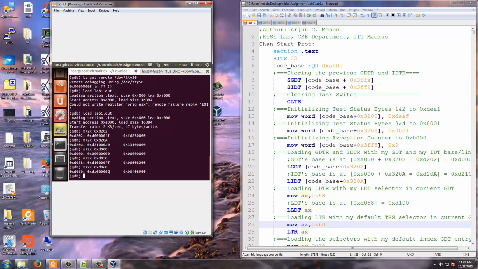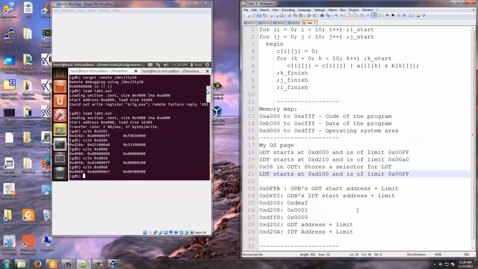As you know, the task state segment has total bytes which is 6 into 16, 96 plus 7, 103, total 104 bytes. Right. So this basically is a task state segment descriptor which starts at DA00 and is of size 67.